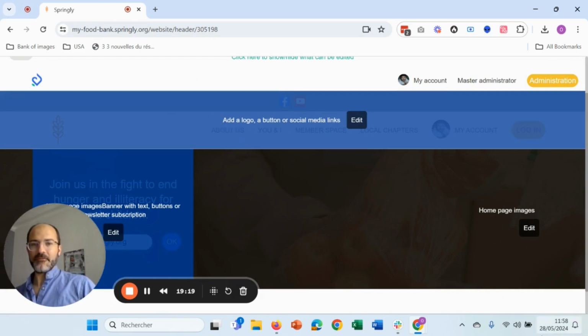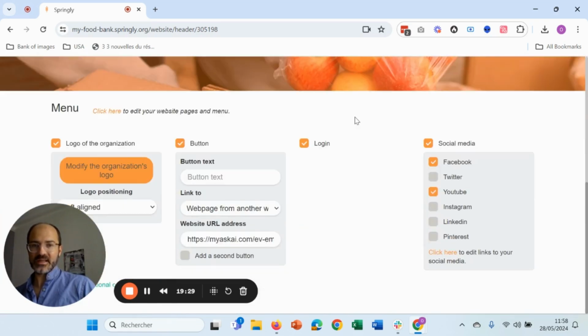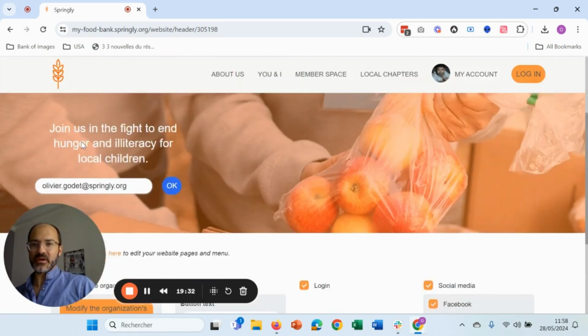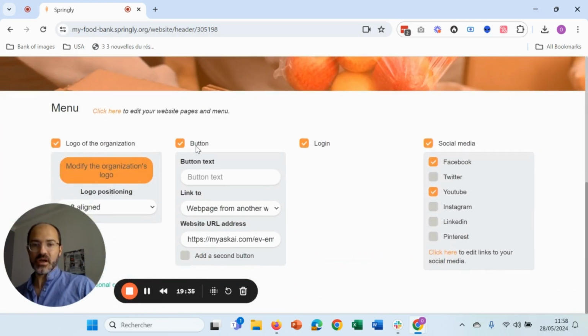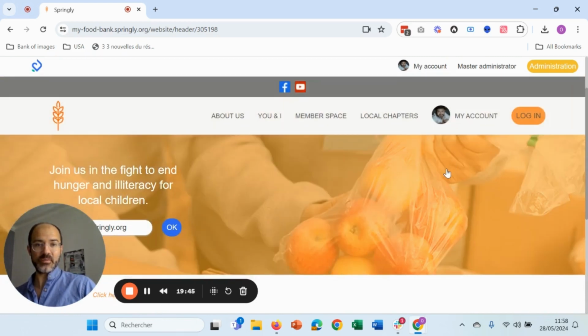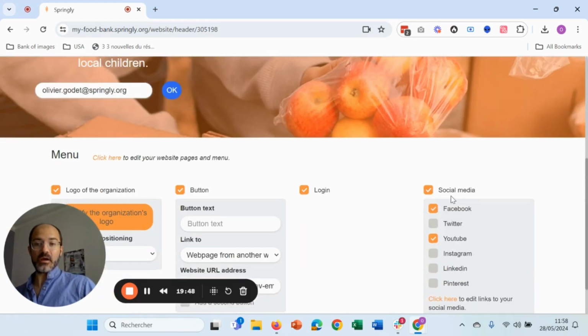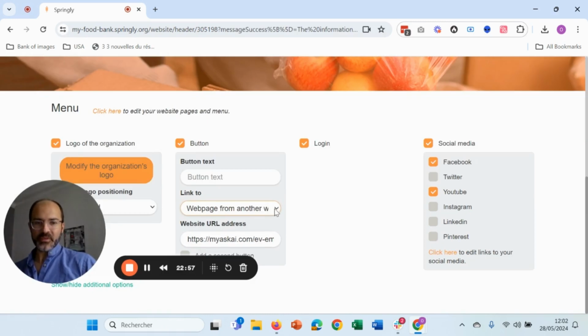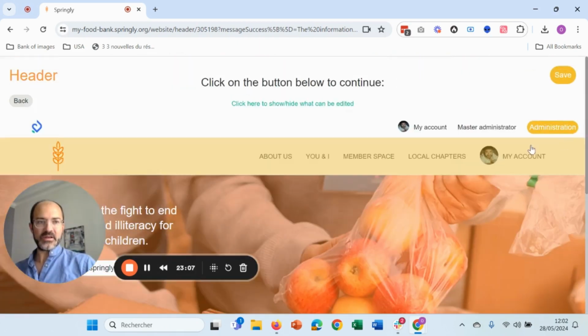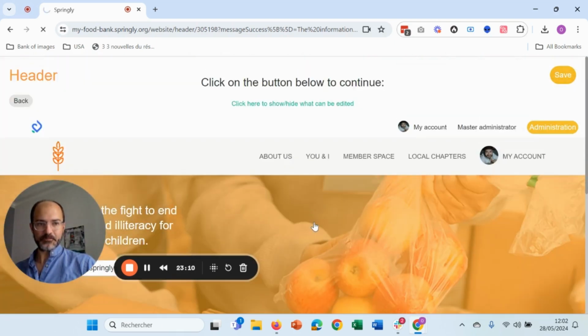For example, the outlook of the main tab section can be edited. Let's click here. And indeed, do you want to display, for example, the logo of your organization here? Yes or no? Do you want to add specific buttons on that spot? Do you want to add the login button? You can see here there's the login button. Do you want to add social media within that page? Yes or no? And for example, if I don't want to have the login button at the very top of my page, I can uncheck the login button. And if I save,